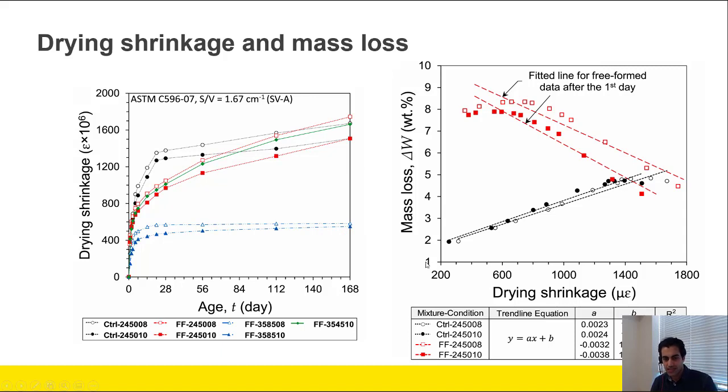But if you also look at the mass loss versus drying shrinkage, for the controlled sample environment we know that the mass loss is going to increase while the drying shrinkage is going to increase. But for the free-form sample, we realized that the opposite is happening. So the mass loss at the start is very high, and that is because of the moisture loss during the first 24 hours. That is excessive, and then after that the mass loss is going to decrease while the drying shrinkage is going to increase. And that's part of that is just